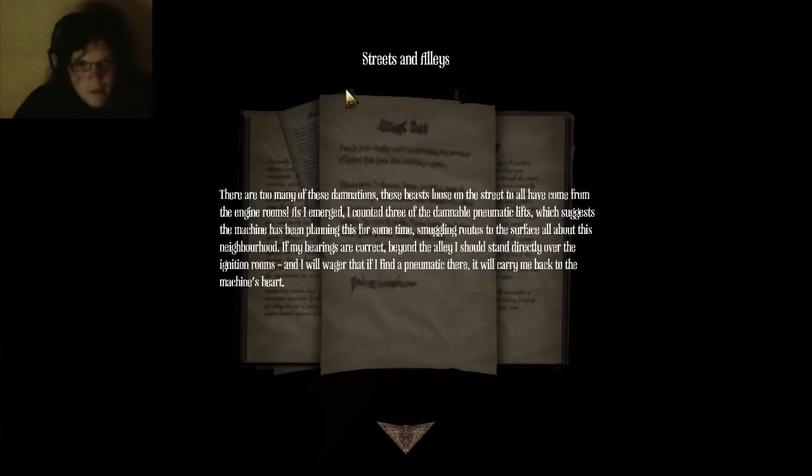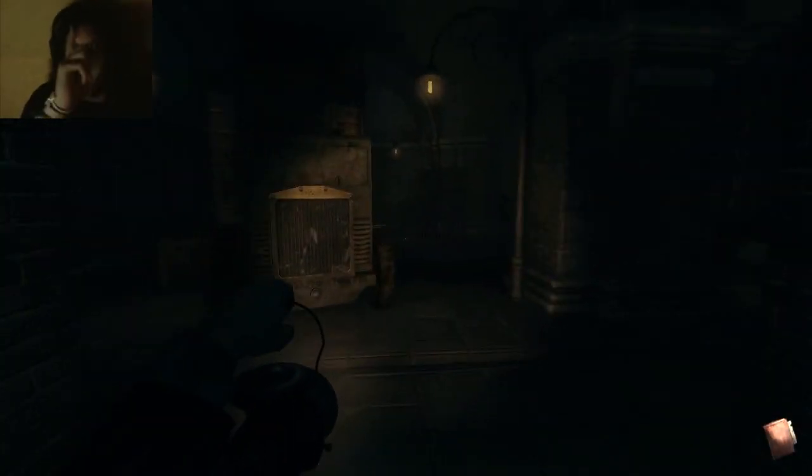Streets and alleys. There are too many of these damnations, these beasts loose on the streets, to all have come from the engine rooms. As I emerged, I counted 3 of the damnable pneumatic lifts, which suggests the machine has been planning this for some time, smuggling routes to the surface all about this neighborhood. If my bearings are correct, beyond the alley, I should stand directly over the ignition rooms, and I will wager that if I find a pneumatic there, it will carry me back to the machine sword. Alright, so I have to go back down again, but